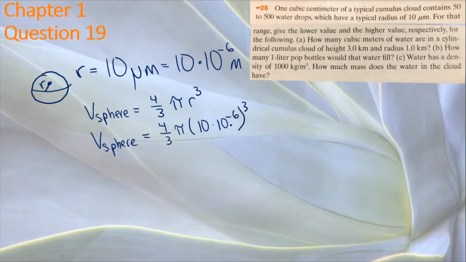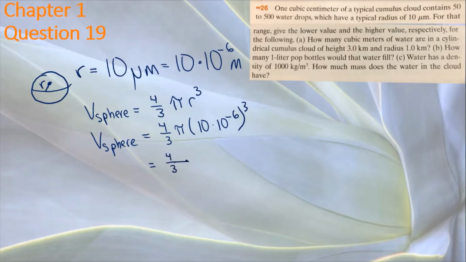Ten times 10 to the negative 6 is going to be 10 times 10 to the negative 5. 10 times 10 to the negative 5th, negative 5 times 3 is going to be negative 15. So this simplifies to be